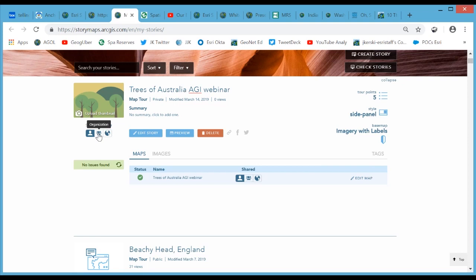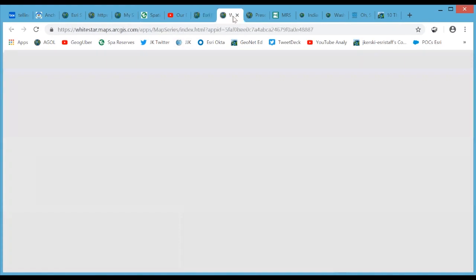You can also get a little bit more granular. You can make a group inside that organization. Maybe it's 5 researchers, maybe it's 10 researchers all working on, I don't know, volcanoes of the Aleutians, and you just want to share it with them. You can do that. Or on the right side here, you can share it with the public. But even if you share it with the public, you have to do something to let people know where it is. You have to blog about it. You have to tweet about it. You have to send an email to people, because as you may have noticed, when I was at some of these